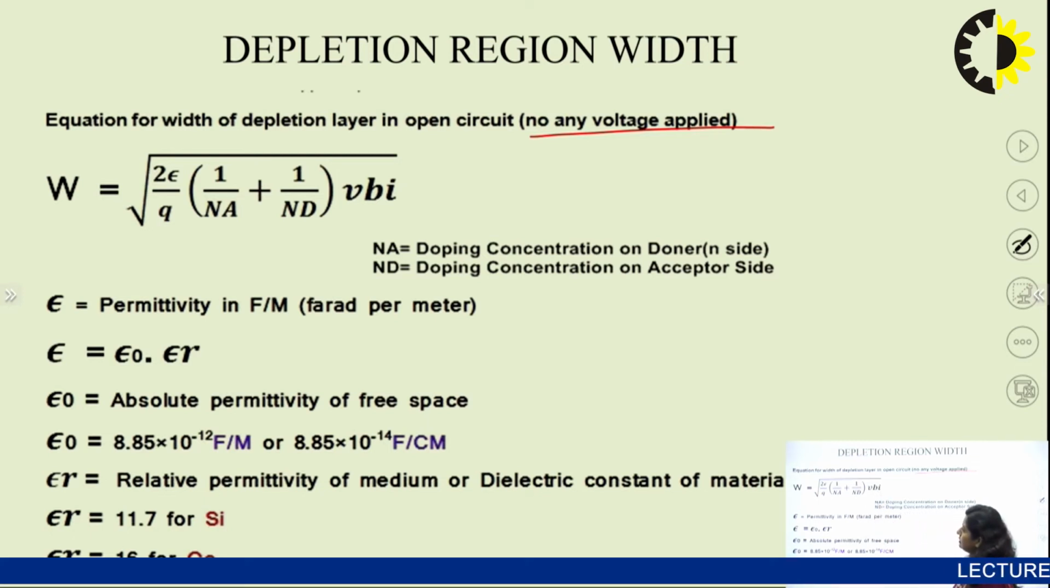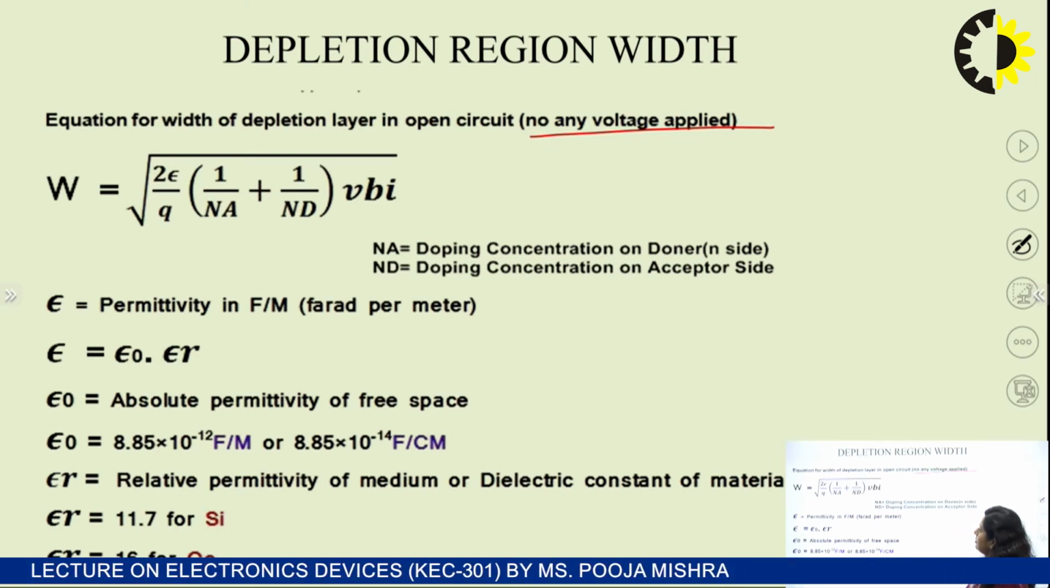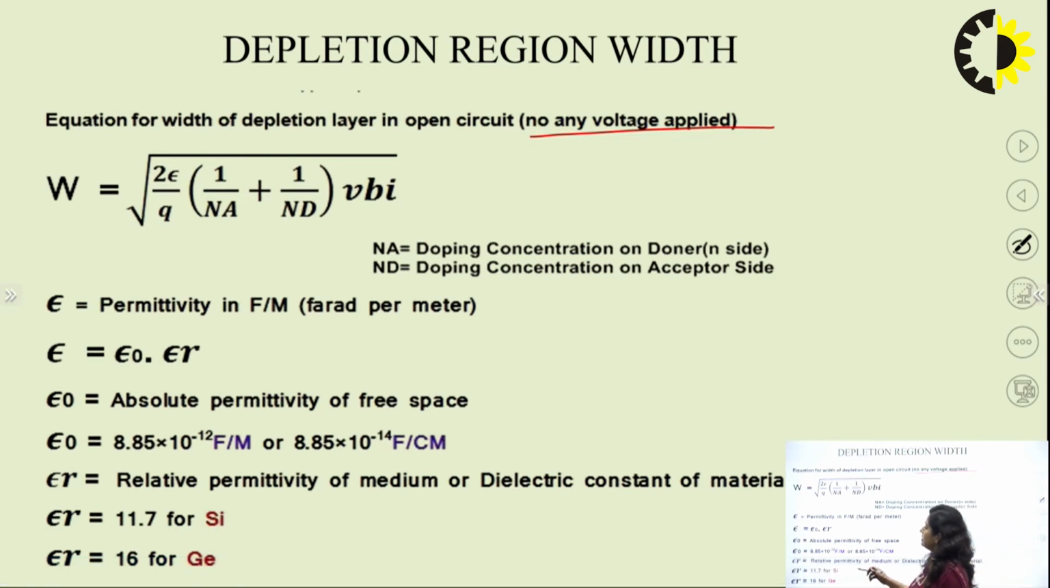So here epsilon is the permittivity in farad per meter. Epsilon is equivalent to epsilon naught epsilon R, where epsilon naught is the permittivity in free space and epsilon R is the permittivity in the medium. So epsilon naught value is 8.85 into 10 to the power minus 12 farad per meter. You can put it in for getting the expression for W, and epsilon R is the relative permittivity of the medium or dielectric